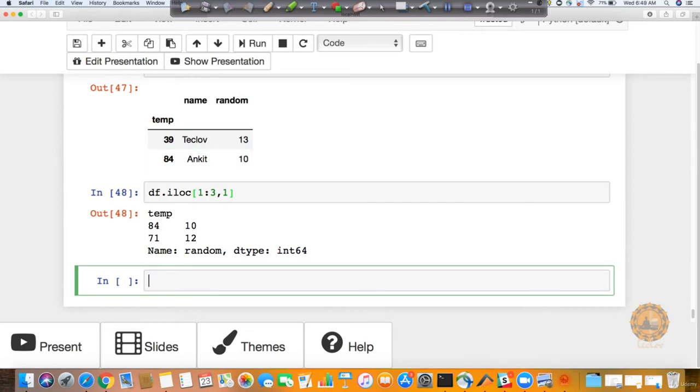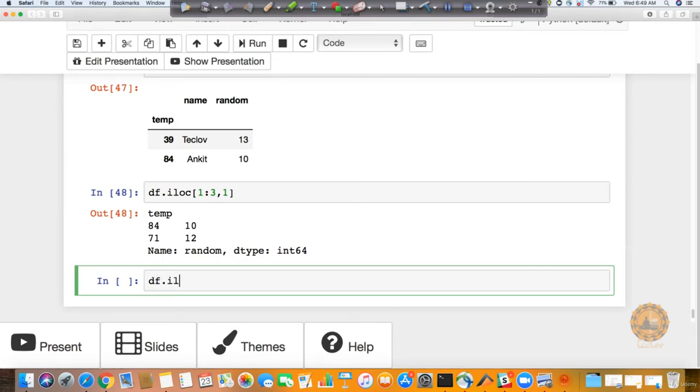So sorry, this is 0, this is 1. Because this is the second column, the index is 1. So it is going to go to the random column and return you the values 10, 12, because it's going to start again from 1 to 3, which is 1 in the second row. This row is the zeroth row, so it will not go there. It will go to the first row and then whatever the next row is. So that's the reason you are seeing this value. And if you remember, we were able to do a similar construct directly also, right? So it's just a cleaner way of writing things.